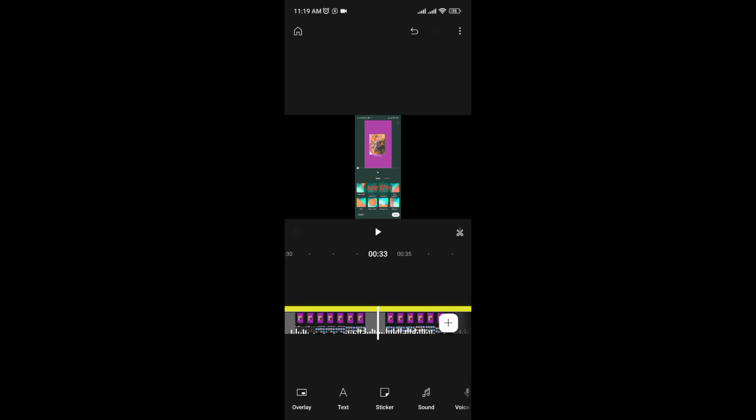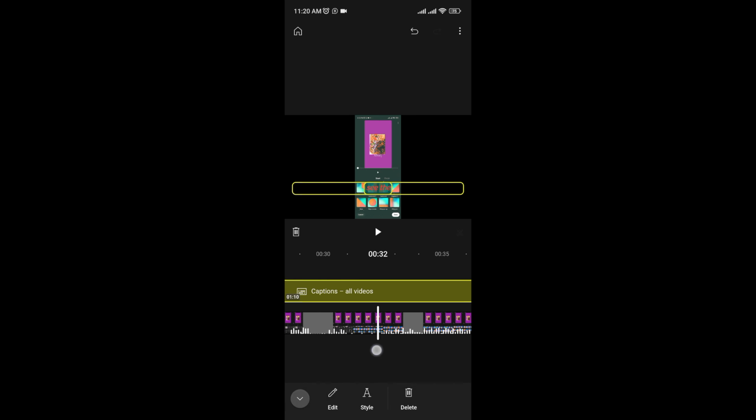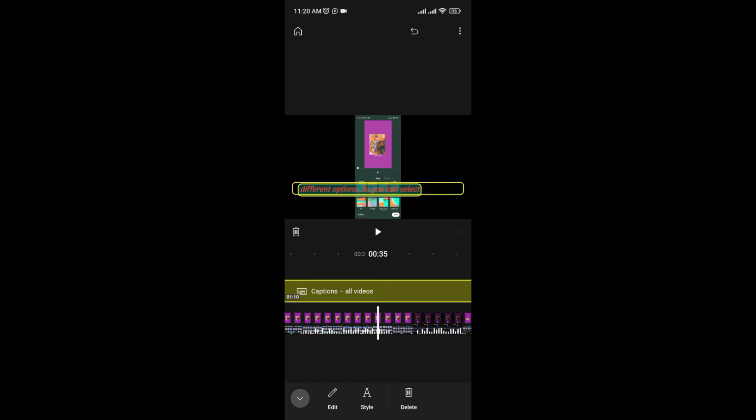From there you can see I have already added the caption, and if I scroll down the list of my video, you can see the different captions that are coming in my video. So if I want to get access to all of those captions, I have to tap right here on this content, and after tapping there you will get access to the edit button. So just tap right here on the edit,